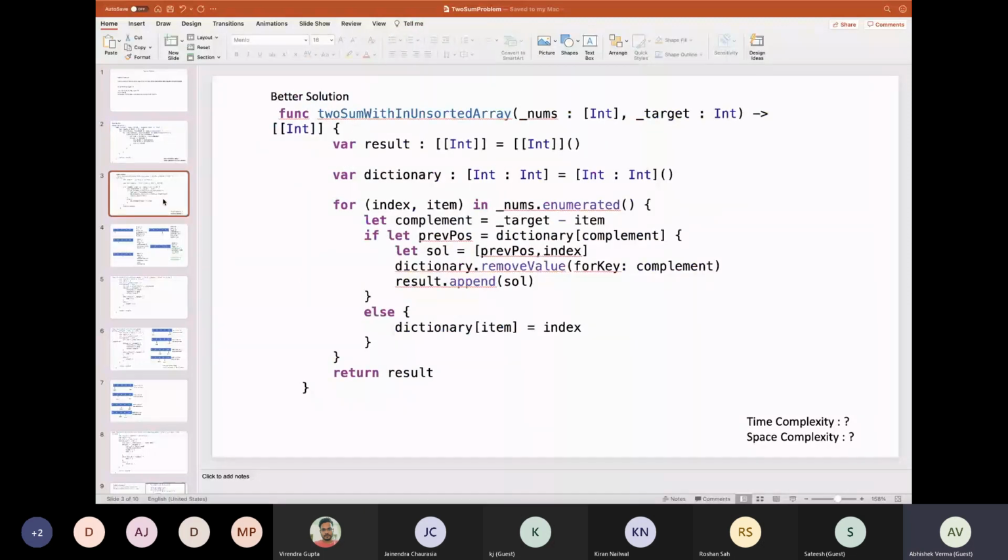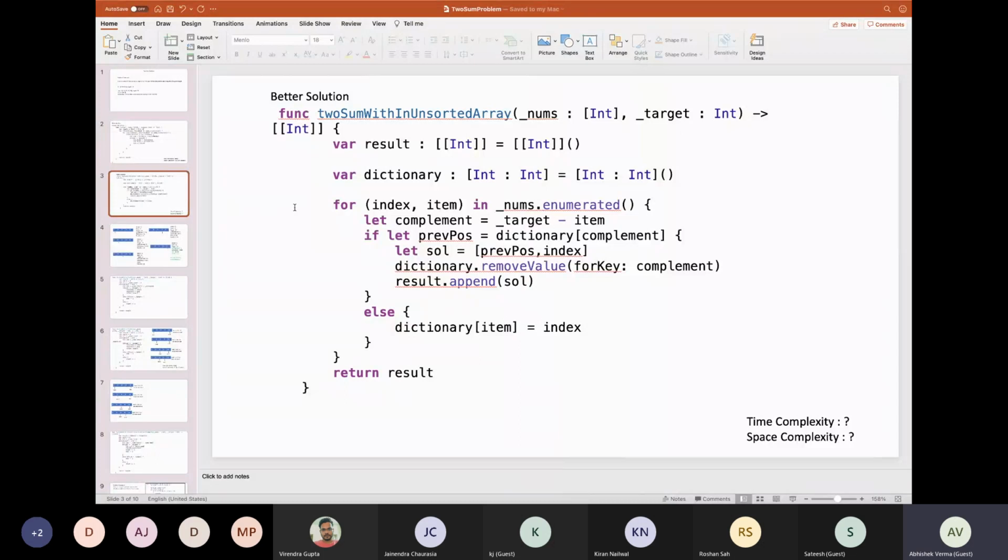Another approach is we can create a dictionary where we are going to store the complement, as somebody in the team has said, and check the way we did it in the two for loops.